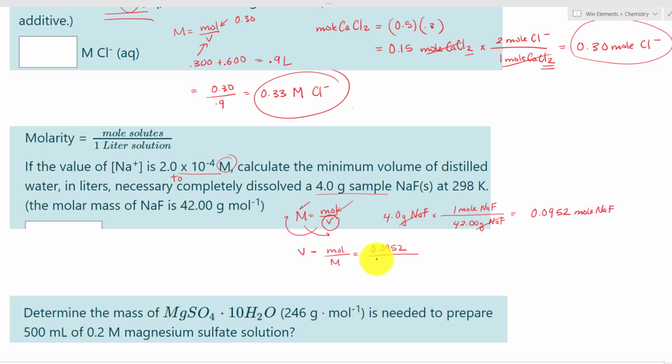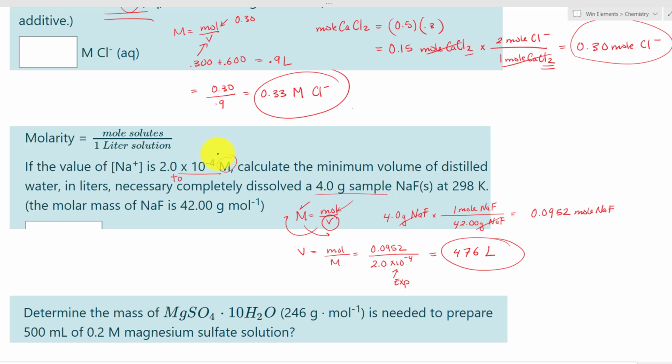0.0952 divided by 2.0 times 10 to the negative 4. If you plug this into your calculator, you can use the EXP button right there, or the E button. Now, with that information, we can solve for it. What you have to do now is just plug it in a calculator, and we have 476 liters of distilled water that need to be added to 4 grams of sodium fluoride to make this small